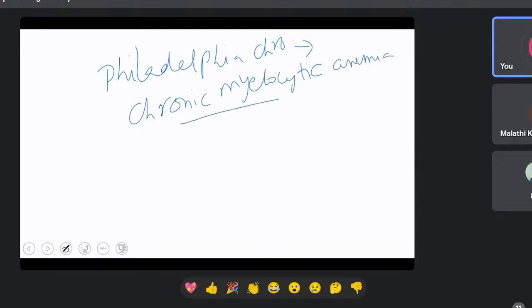So write this down. So the disease which occurs due to translocation in human beings is called as chronic myelocytic anemia. It occurs due to translocation in a chromosome called as Philadelphia chromosome. సో ఫిలడెల్ఫియా క్రోమోజోమ్ వలన వచ్చేటటువంటి క్రానిక్ మైలోసైటిక్ అనీమియా అనేది దీనికి ఎగ్జాంపుల్ కింద చెప్పుకుంటాం. ఓకే,